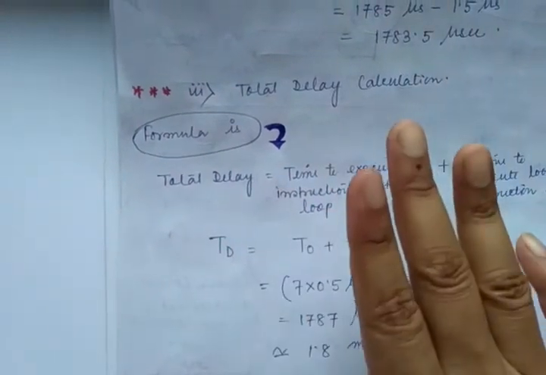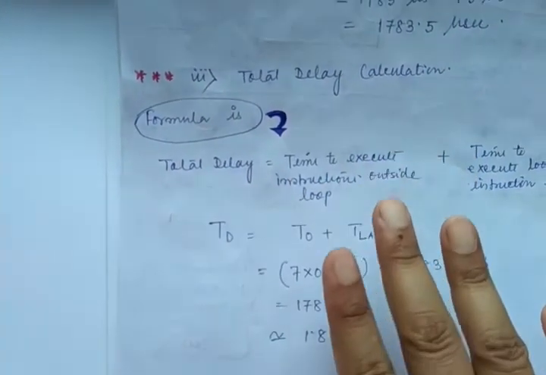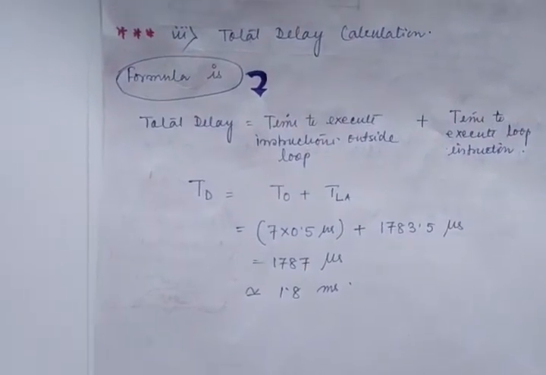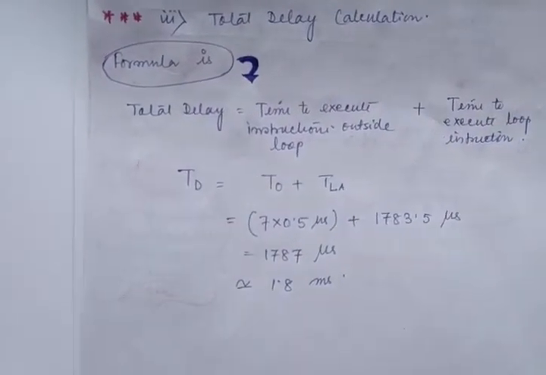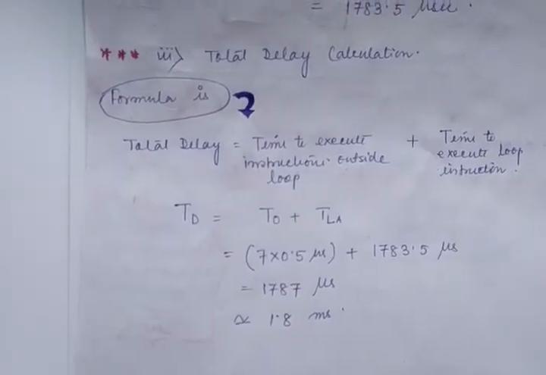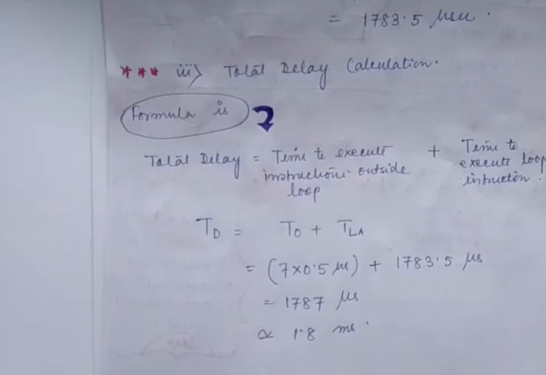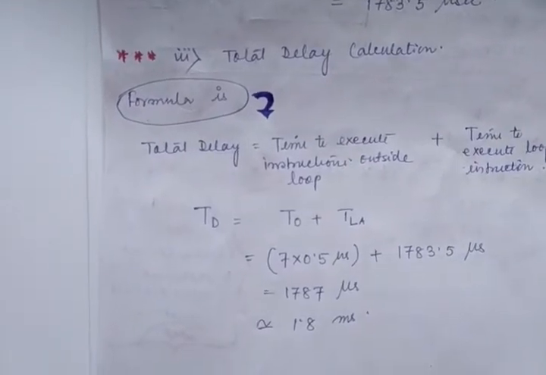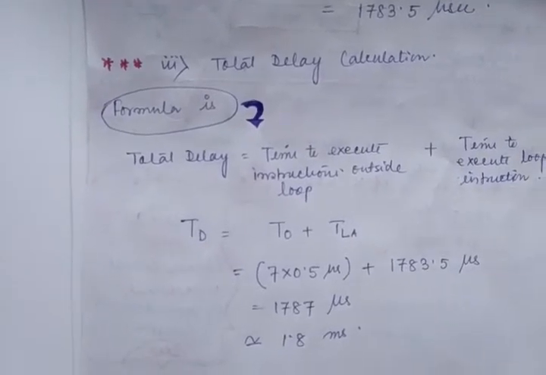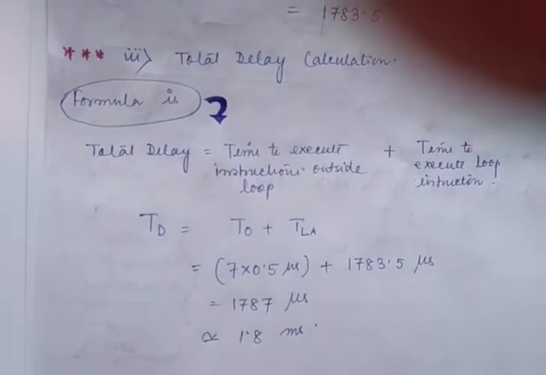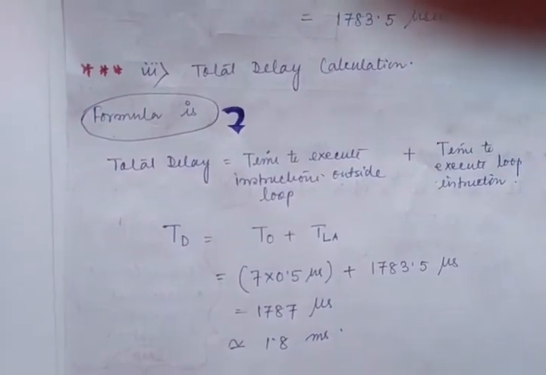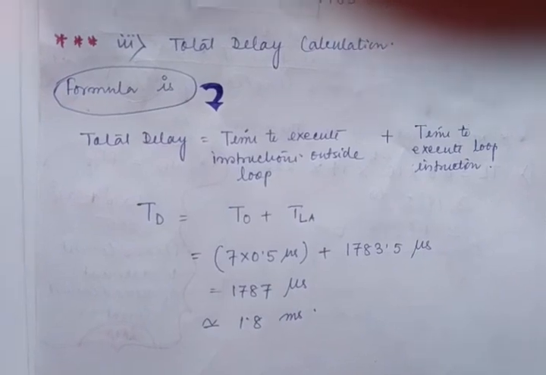In your PDF I have already shared another problem with two loops, and the total explanation is given there. Please go through that and make sure you understand all the formulas. There are three types of formulas: the total delay in the loop, the total adjusted loop delay, and the total delay, right? From this section you have to calculate the delay part in your competitive exam. So please go through this. If you have any questions or doubts, please let me know, right? Thank you.